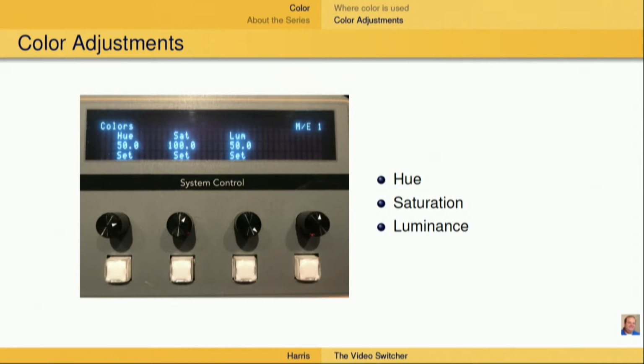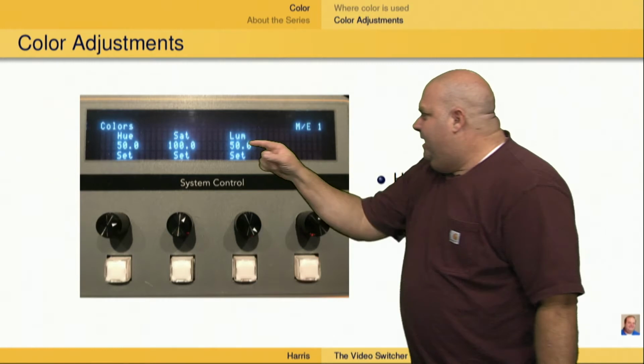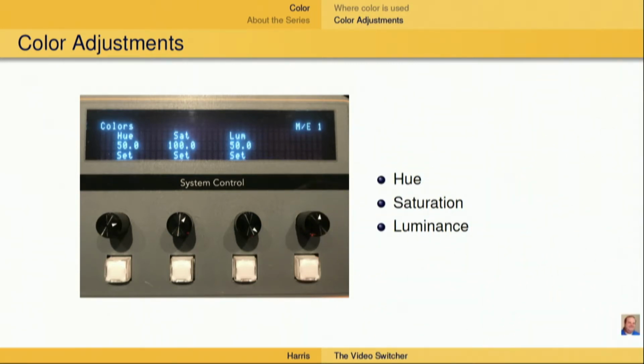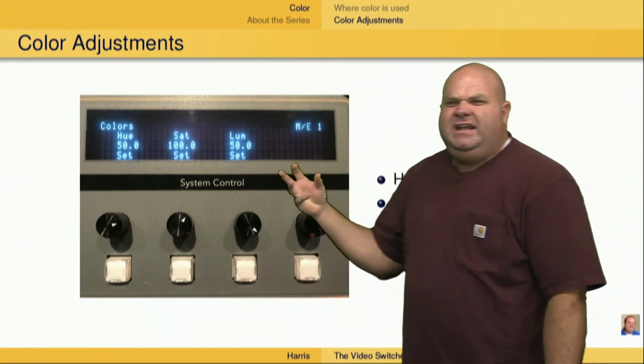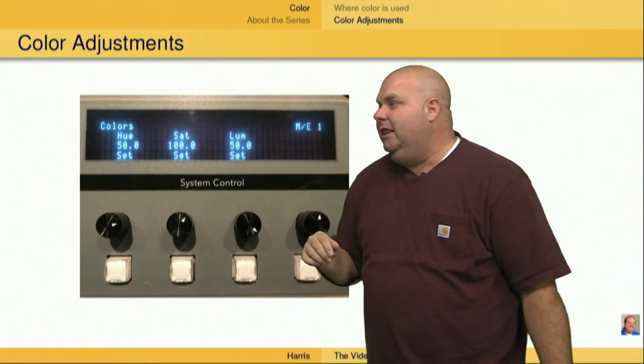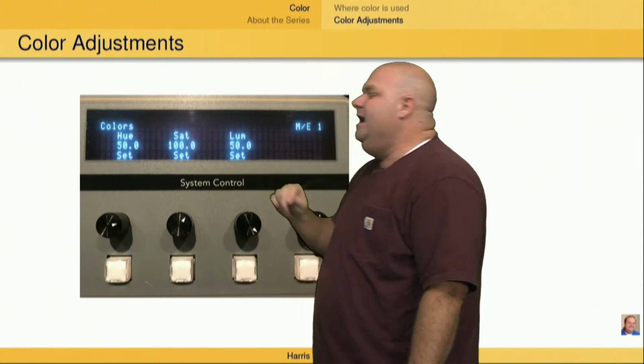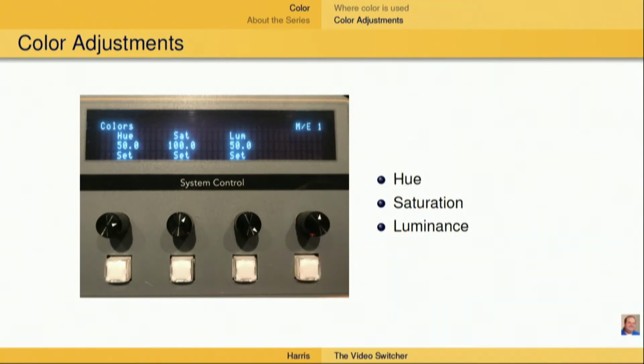black or white. Whether it's a shade of gray or black or white is going to depend on the luminance setting. And the luminance setting is also going to change the color. If we're still fully saturated or not quite at 0% saturation, the luminance or lightness control is going to change the vividness of the amount of light in the color. So in other words, with changing any or all three of these dials, we're going to be able to choose any color that the switcher has to be able to generate, which really is going to be millions and millions